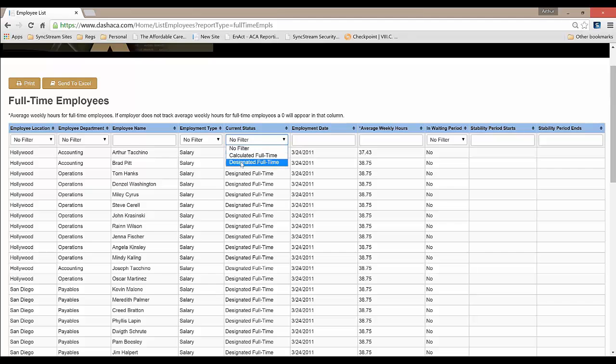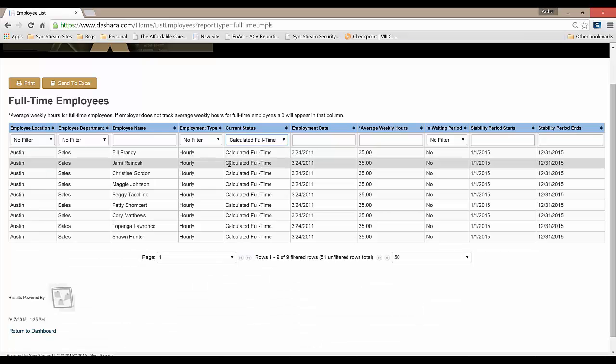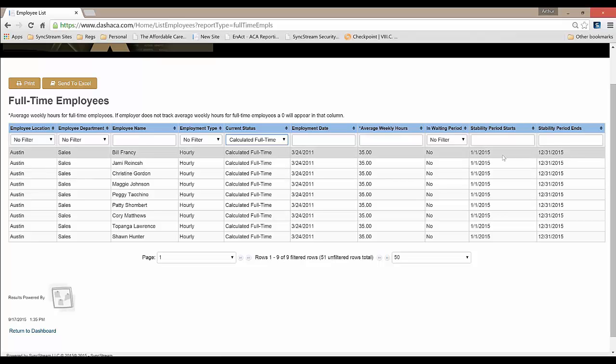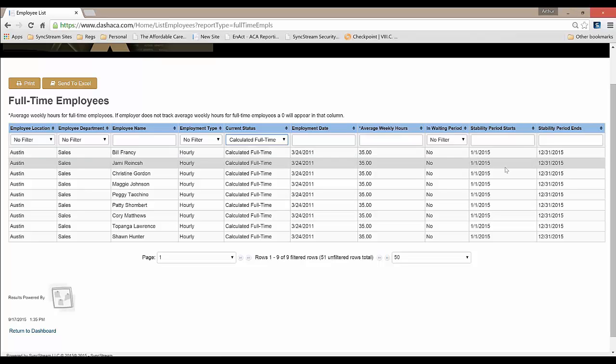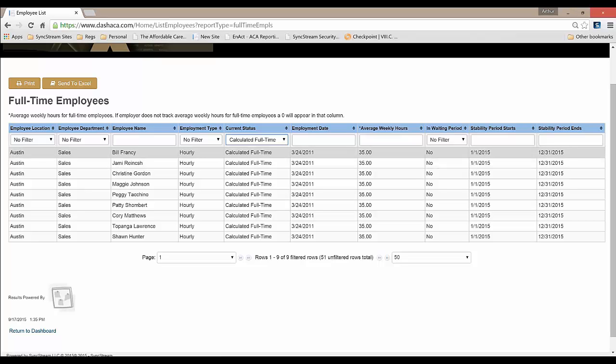this tracking period. We also have calculated full-time people, and this, for example, is someone who did go through either an initial or standard measurement period, worked 30 or more hours a week, and now must be considered full-time for the corresponding stability period. And here, it actually lays out what that stability period is. So when does that stability period start, and when does that stability period end? And for an employer, this is critical information. These are very complex regulations, and what the system does is identify for you, based on the data that's being entered, who is full-time, and then from an IRS reporting perspective, this also will populate the IRS forms correctly based